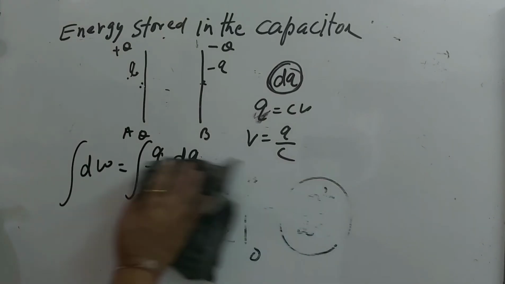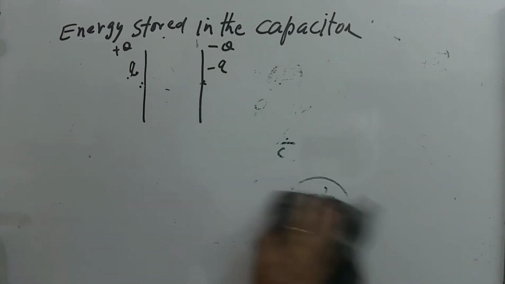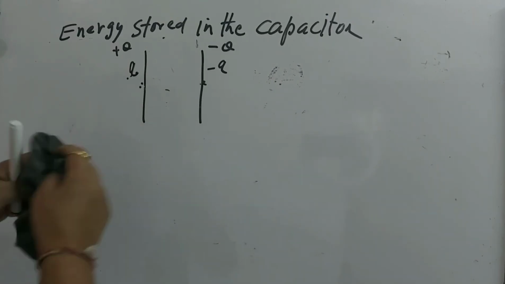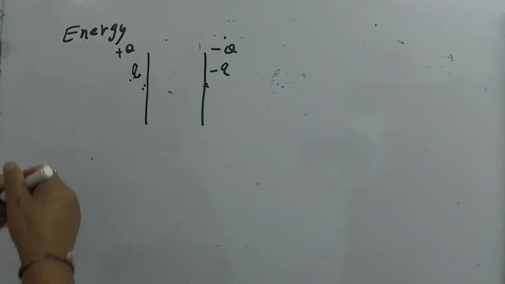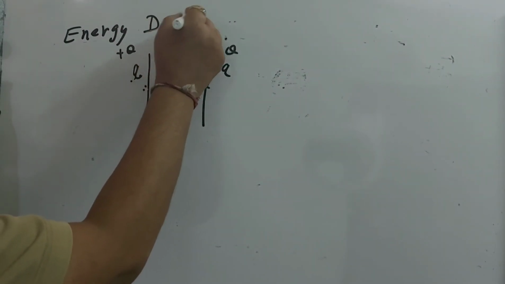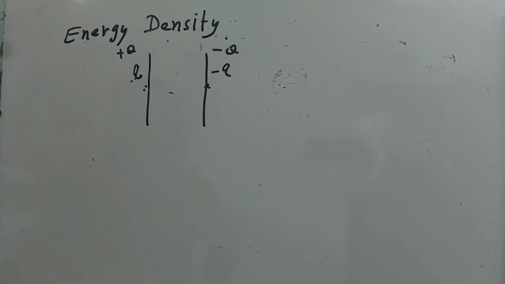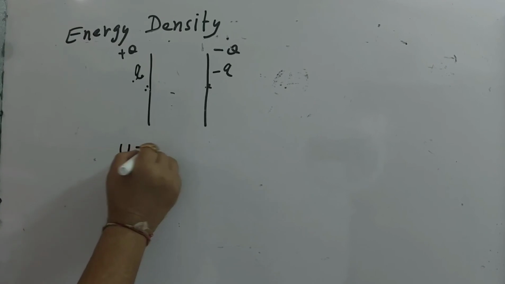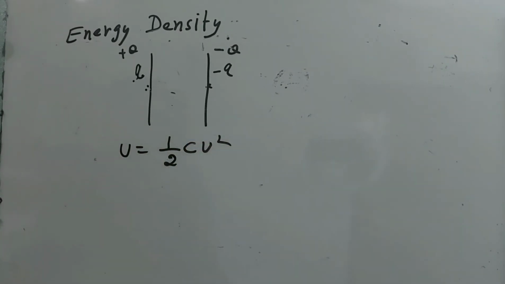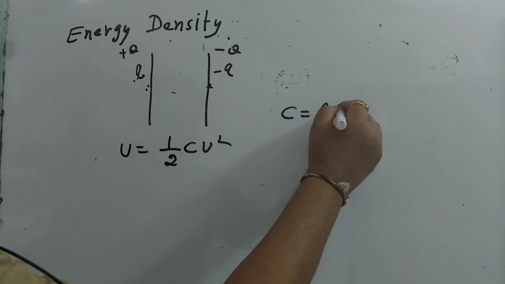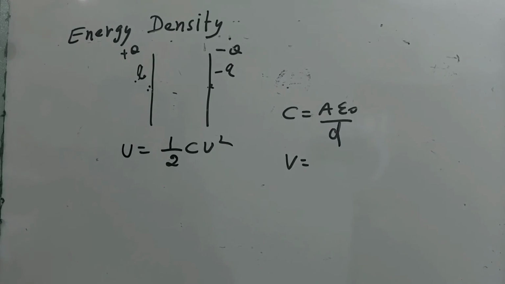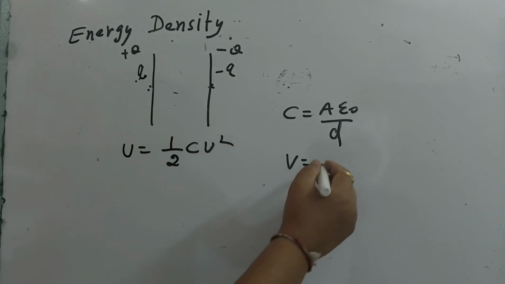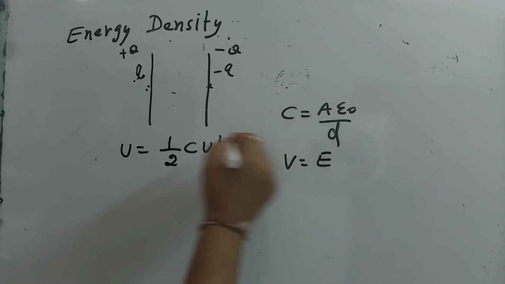Now the next term is energy density. Energy density is basically equal to the energy stored in the capacitor per unit volume. As we know, the total energy stored in the capacitor is half cv square, and c is equal to epsilon naught A by d, and v in terms of electric field is equal to E into this gap,